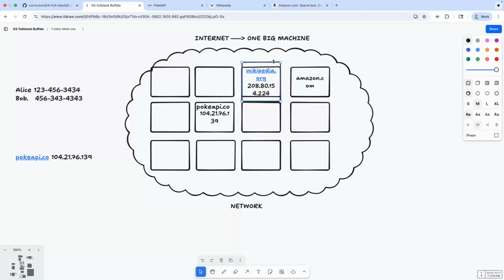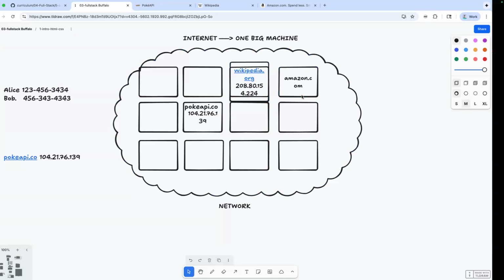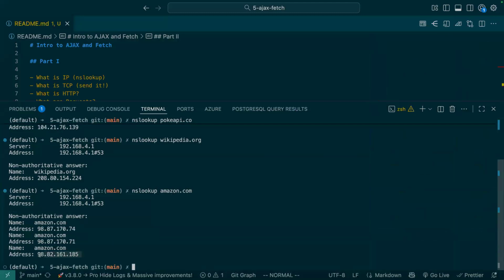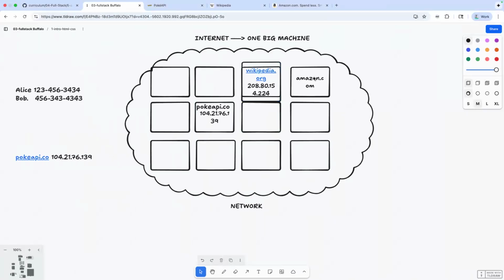Right? And I have an extra square here, and let's just make that. We'll just leave that as is because TL Draw seems to want to fight me on it. And again, Amazon has its own IP address. And apologies that this has gotten a little messy. And then somewhere over here is my computer. And then when my browser, when I want to go look at the Poke API site,